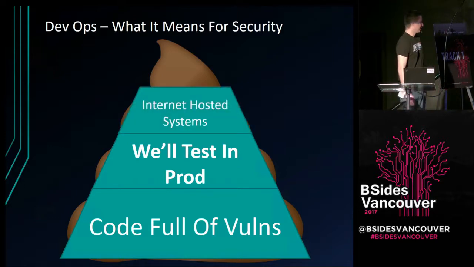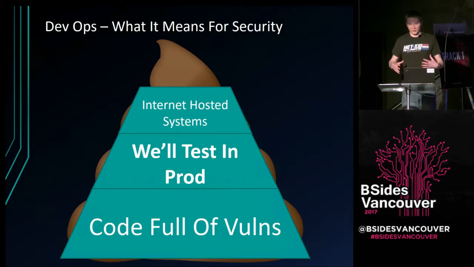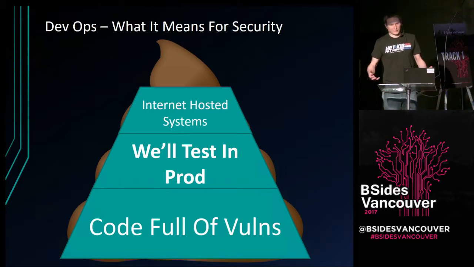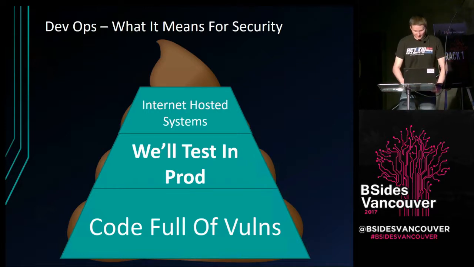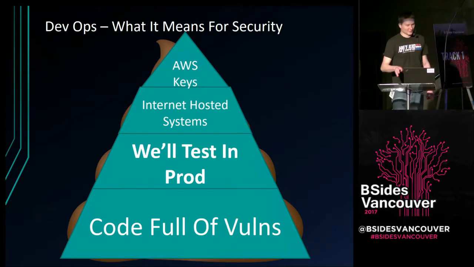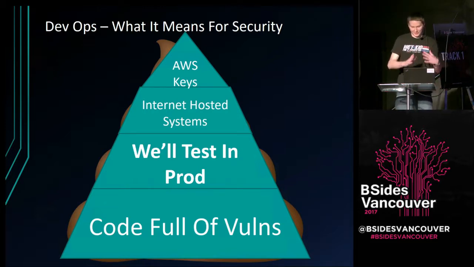On top of that, we got to put all these systems on the internet. So you want to be successful, you got to look at successful companies and what they're doing. So you take someone like Google, they don't have a network boundary, they just put everything on the internet. So if we need to be successful, we should probably put all our DevOps systems right on the internet. And then finally, we're going to sprinkle some AWS keys or SSH keys or other secret key material. Kind of like when you go to Olive Garden and you get cheese on your salad. You just see how much they'll put on. That's what you do with the creds. So that's our DevOps pyramid of why it's hard to do DevOps securely.